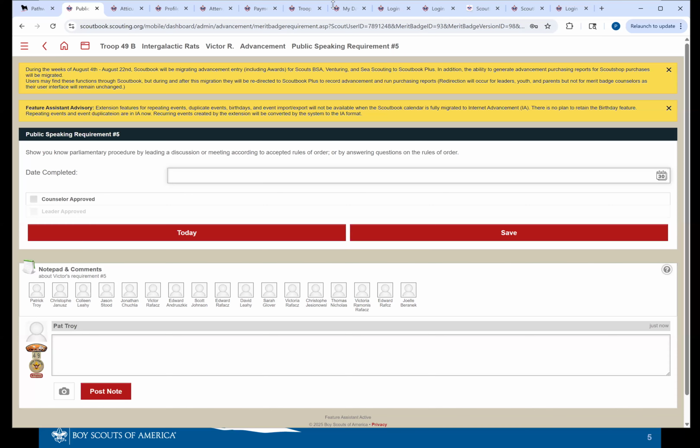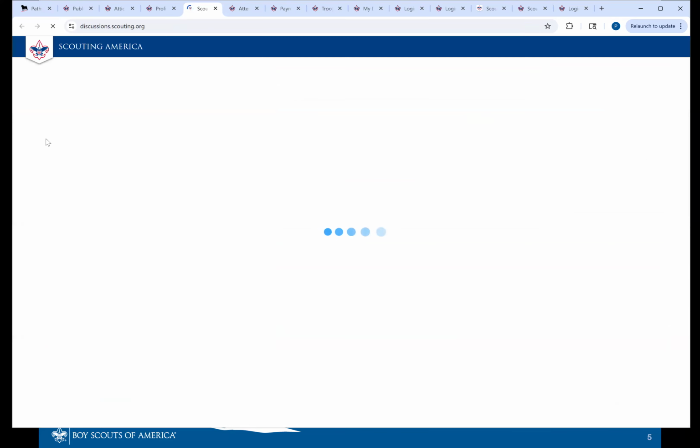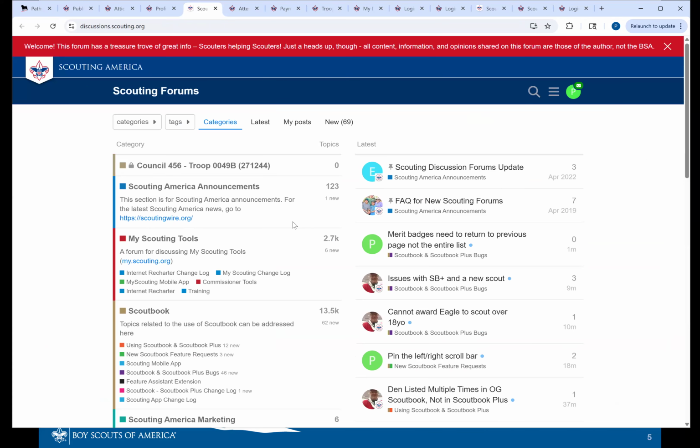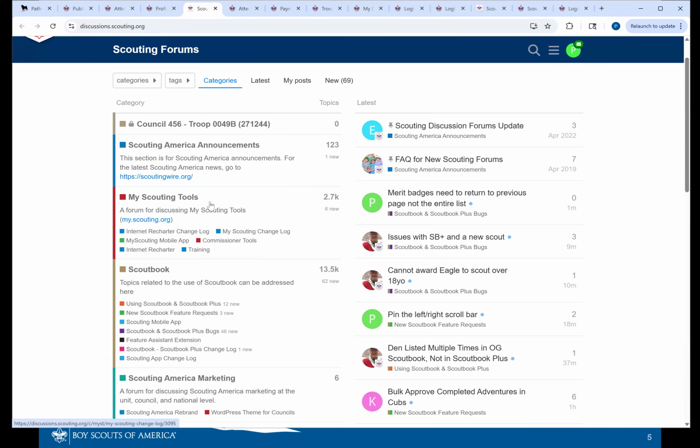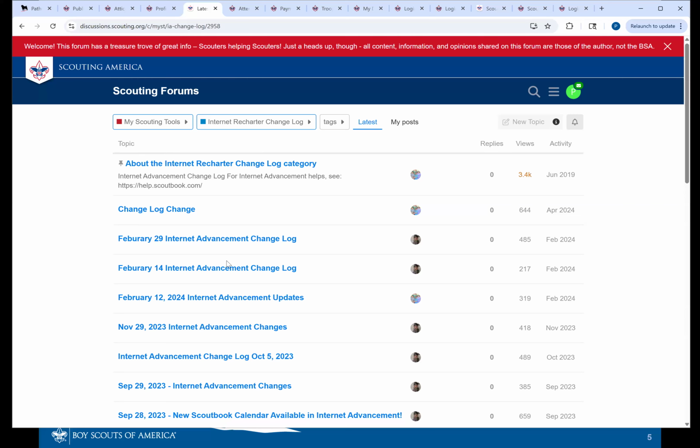All right. One of the things, if we go back to the forums: this is where they disseminate a lot of the different information, scouting discussion forums, updates, and FAQs for scouting forums. A number of the items they're looking at are discussed in here. If you want to talk about how to do the internet recharter, you can look at some of the different information on that. Or if we wanted to search on here, I want to know about